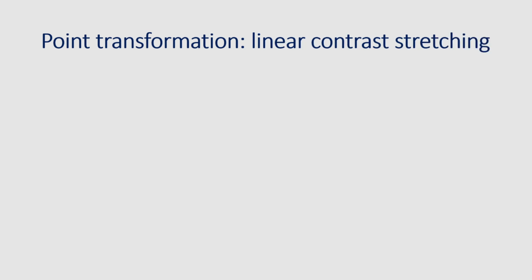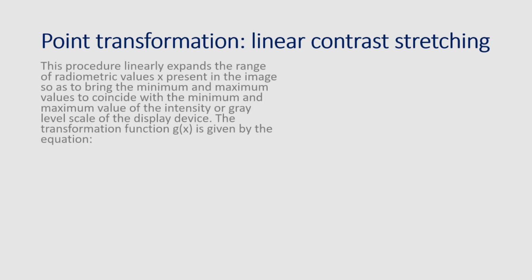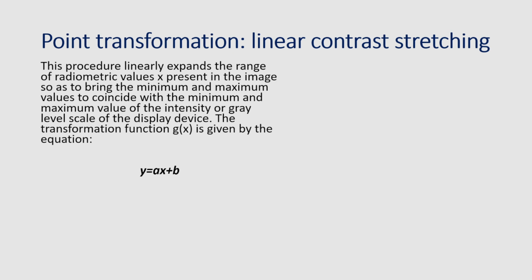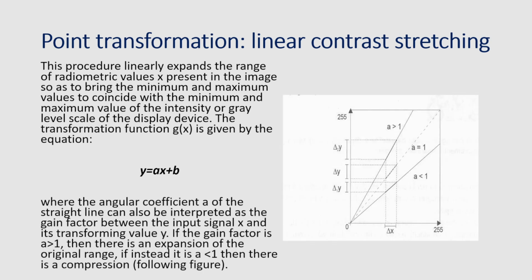Point transformation, linear contrast stretching. This procedure linearly expands the range of radiometric values X present in the image so as to bring the minimum and maximum values to coincide with the minimum and maximum value of the intensity or gray level scale of the display device. The transformation function g(x) is given by the equation y = ax + b, where the angular